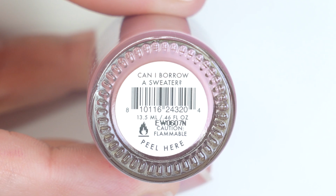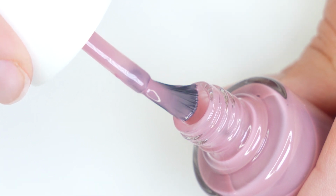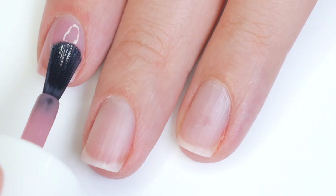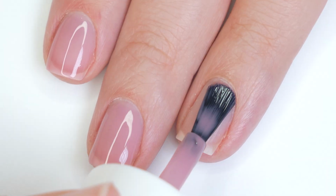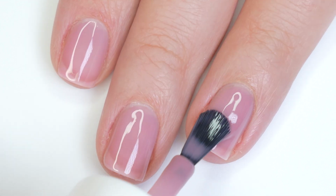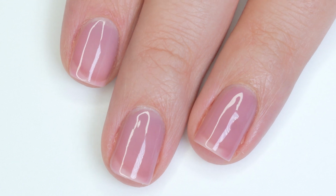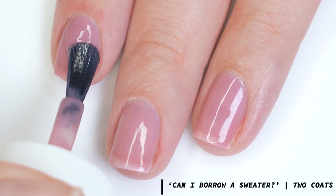So this one may look similar to Shacket, but Can I Borrow Your Sweater is really unique. This is described as a mauve jelly shade that everyone will want to try on. And let me tell you, you're gonna wanna try this on. Now you can wear this with 1 coat and it kind of gives you a glossy blushing nail effect, kind of like that shiny lip oil trend that was going around in the summer,